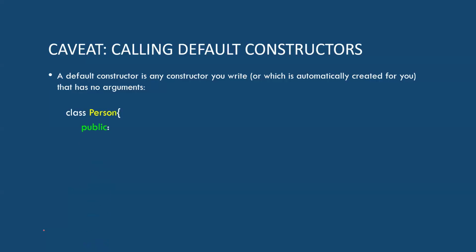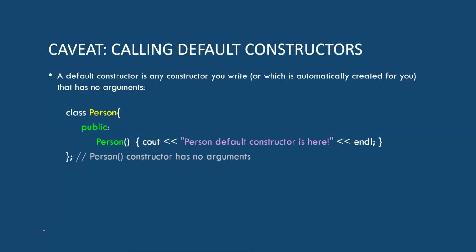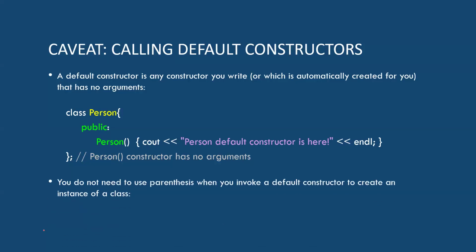The other slightly mysterious thing is, here's something I would call a default constructor. It's got no arguments, okay? So this is unique to C++. Python doesn't do it this way, but if we have a constructor that doesn't need any arguments, in C++ we create it just like int x, Person JDoe. No parentheses, no empty parentheses. If you put parentheses after that JDoe, you're going to get a very strange C++ error, and it's going to be somewhat confusing what you did wrong unless you remember no parentheses if you're calling a constructor with no arguments.